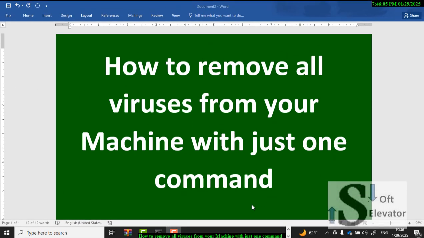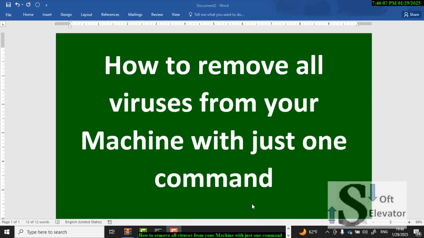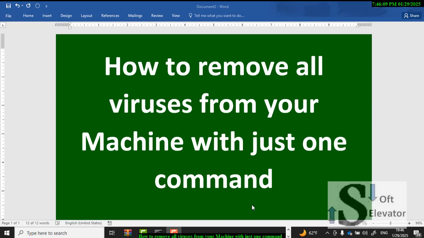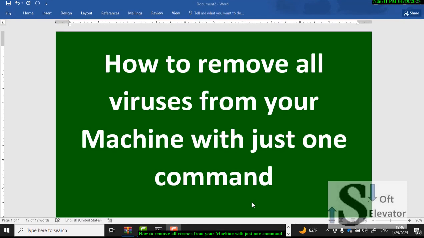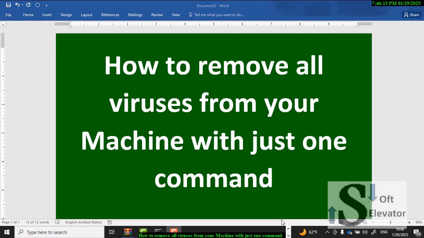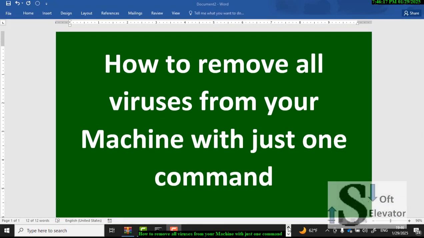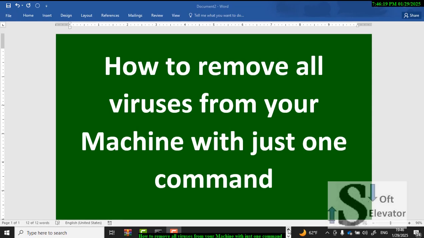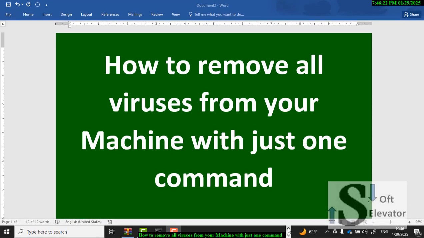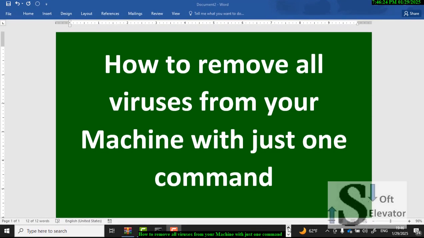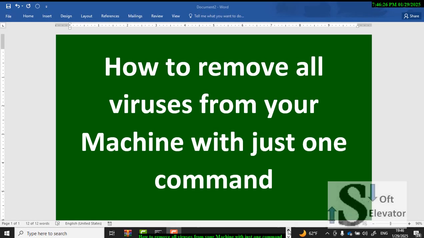Hello guys, how to remove all viruses from your machine, your laptop, your computer with just one command. Viruses which delay your operation in your laptop, or the viruses which damage your Word files or your video files or your pictures or your Excel files,